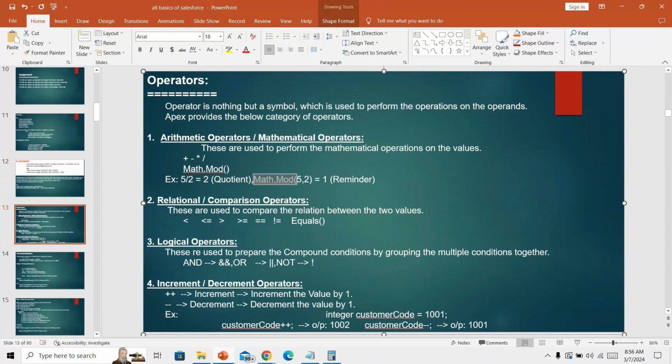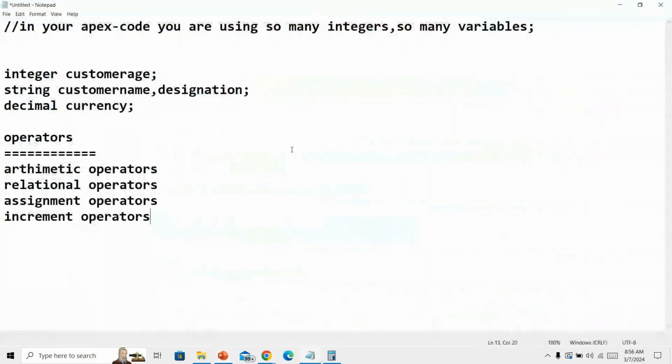And relational operators, I will take examples. For example, if you declared integer a equal to 10 and b equal to 20, Sirisha, is a less than b or a greater than b? A less than b. Okay, like